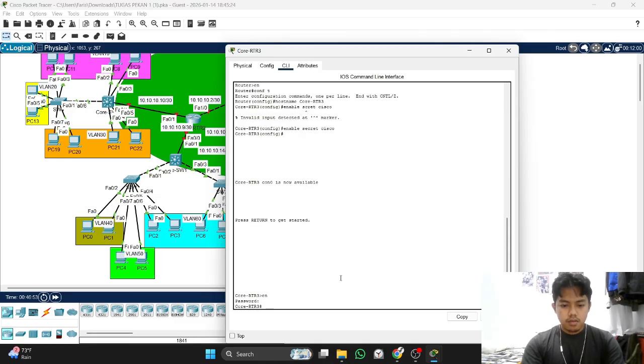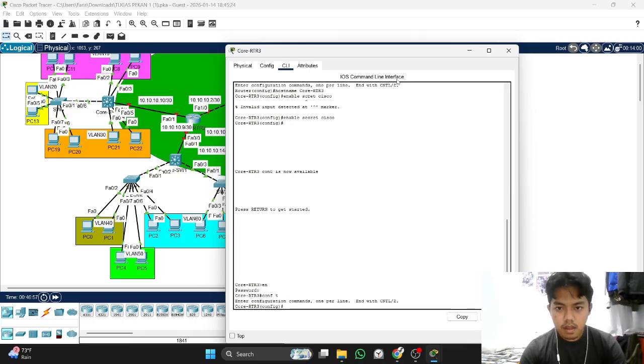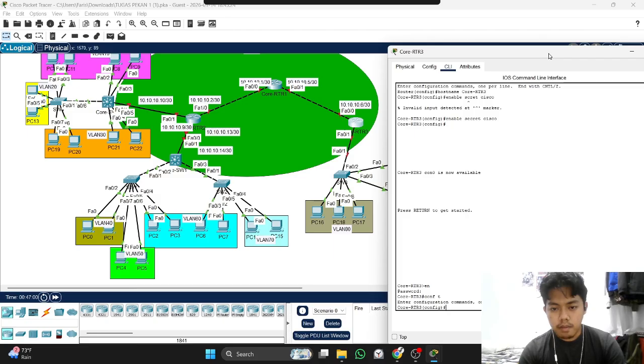Like before, we configure the VLAN. It's very boring, right?